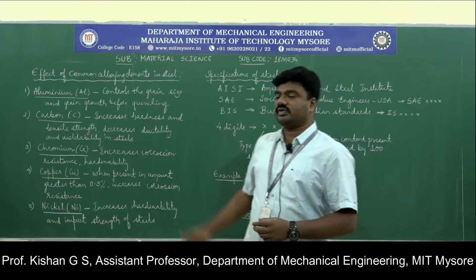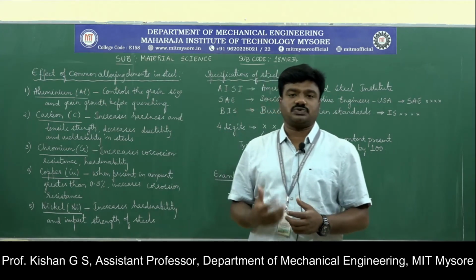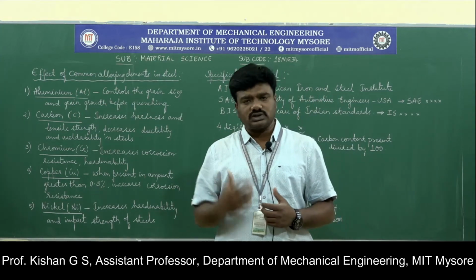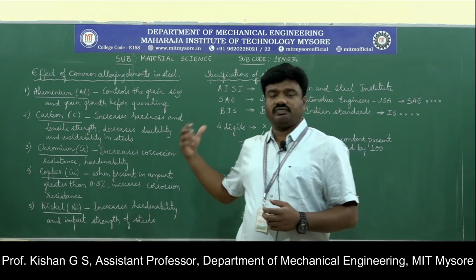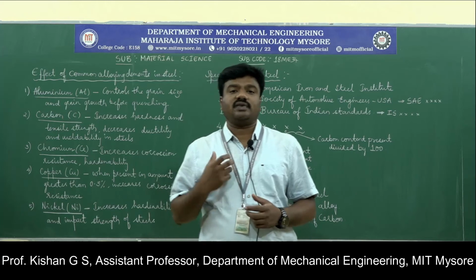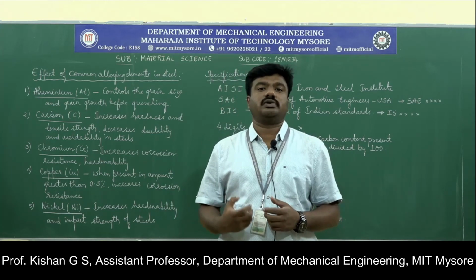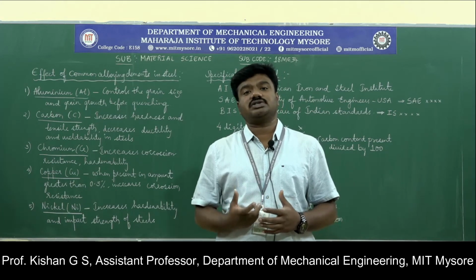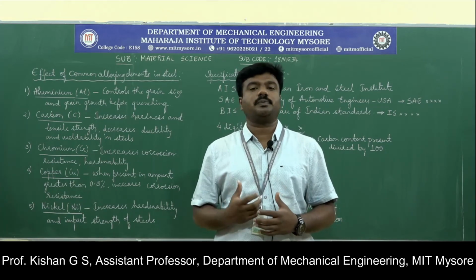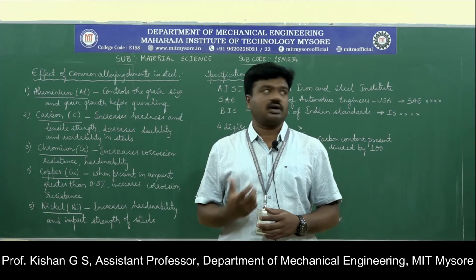See, we have taken only 5. There are plenty of other elements like phosphorus and silicon as such. Whichever way we consider, we are supposed to understand the effect of these components as alloying elements in steel, and how each one results in variation in a specific property of the material.